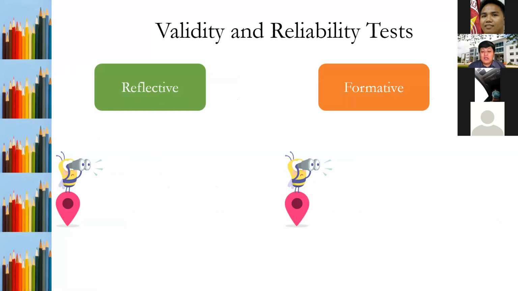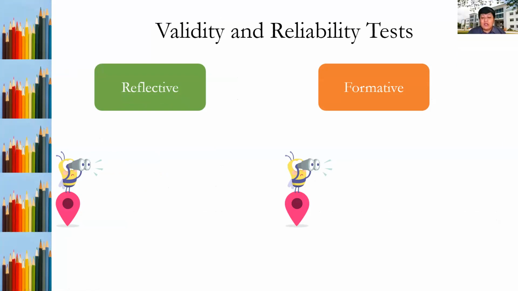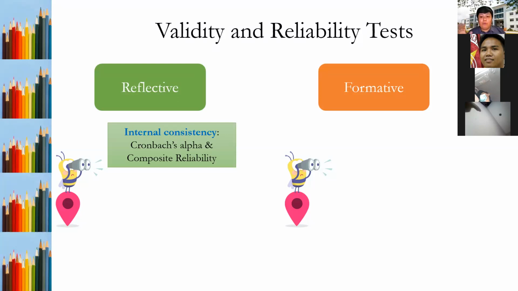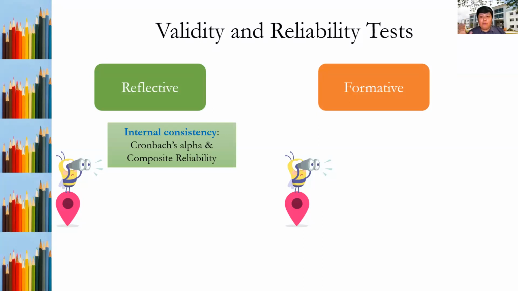you're going to develop your research instrument, you need to identify whether the construct that you will be using is a reflective construct or a formative construct. Why do you need to identify that? Because if we will be testing the validity and reliability, there are two ways on how to measure them. For reflective construct, which is the most commonly used in most journals or journal publications or most research studies that I have seen, most of the constructs that are available or commonly used in most research studies,